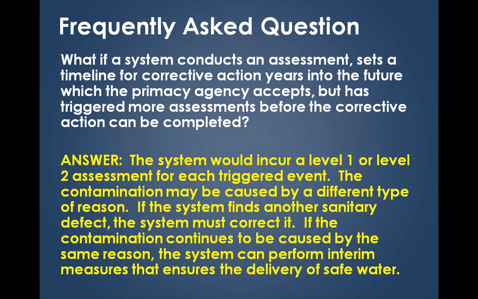So back to this question again. The issue continues to be what happens when a system has triggered an assessment, but the corrective action is going to take several years, and during that time frame, the system continues to get other events that trigger more assessments. What occurs? The answer would be the system would incur a level 1 and a level 2 assessment for